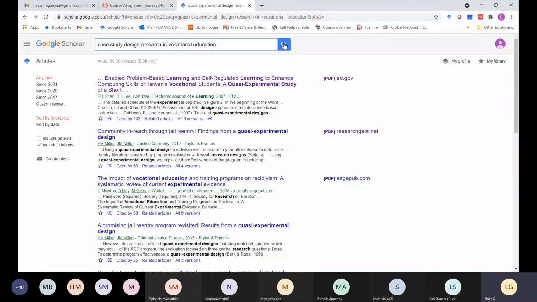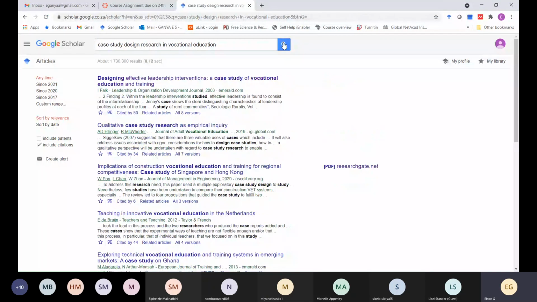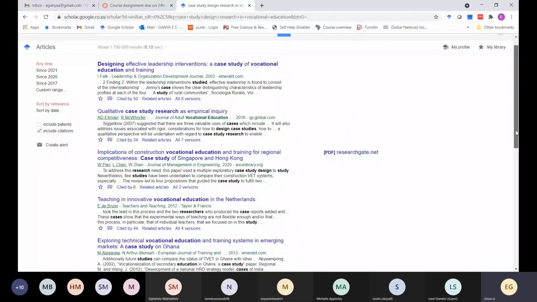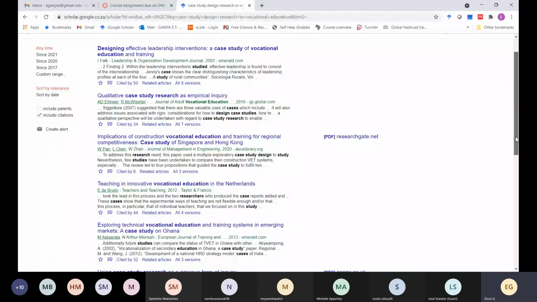Right, when it comes out, I just want to show you something. Here you can see this paper says qualitative case study research as empirical inquiry. That case study falls under qualitative. So some, they don't write it, like this paper here. I think it's one of the papers that I also used. Can you see this paper here which says implications of instruction? Yes, we can. So let's say you want to use this paper, you come here, you take your citation there. So you have your citation, you come and click it here, then